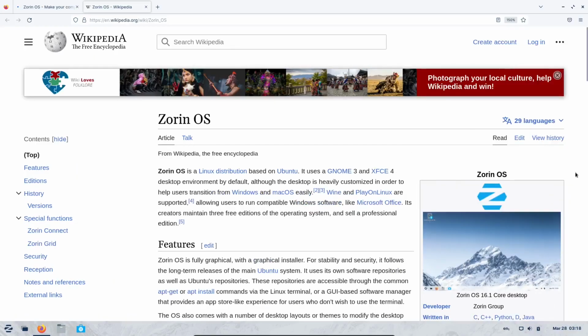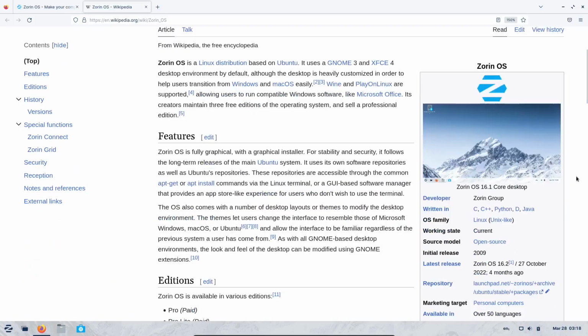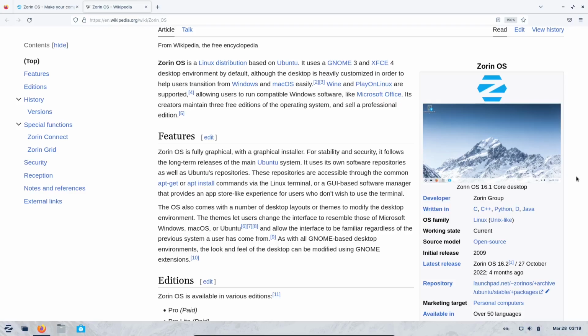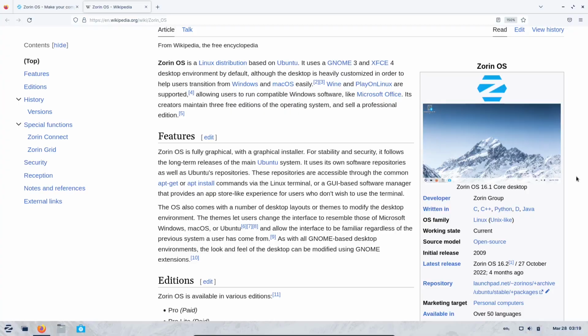Let's zoom in so that you can see. Zorin OS is a distribution of Linux based on Ubuntu. It uses the GNOME 3 and XFCE desktop environments as its default. Although the desktop is heavily customized to help users transition from Windows and macOS,